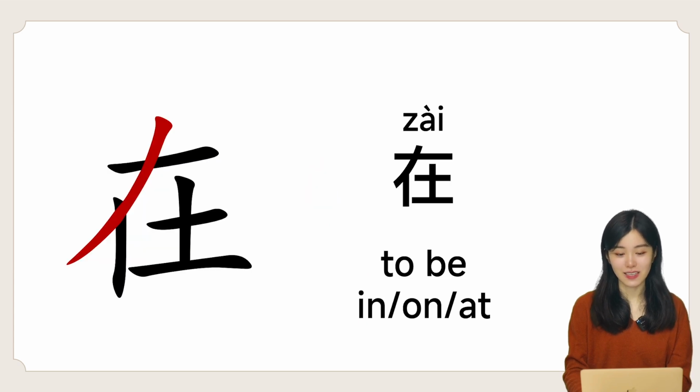Okay, now we see the next example character. 在 means to be in, on, at. Please read it after me. 在